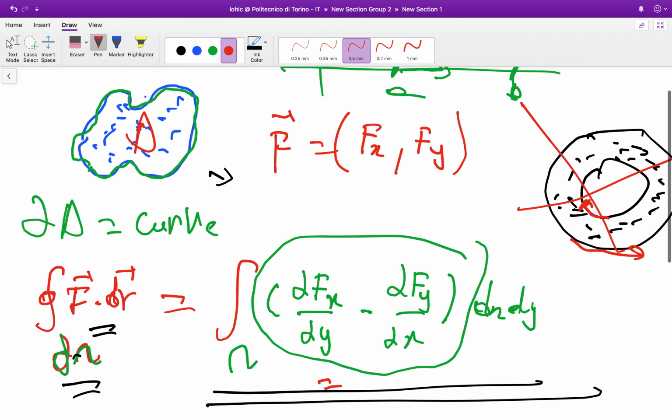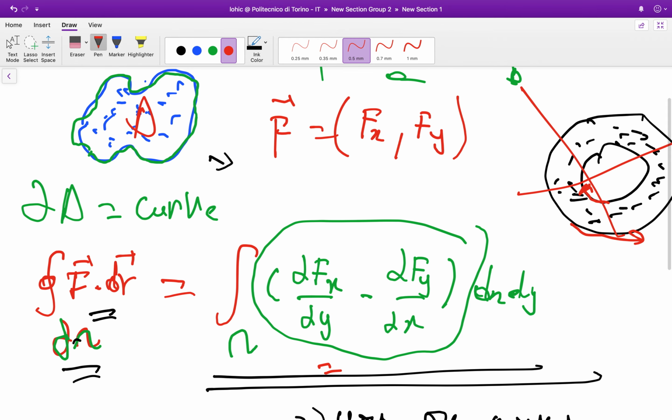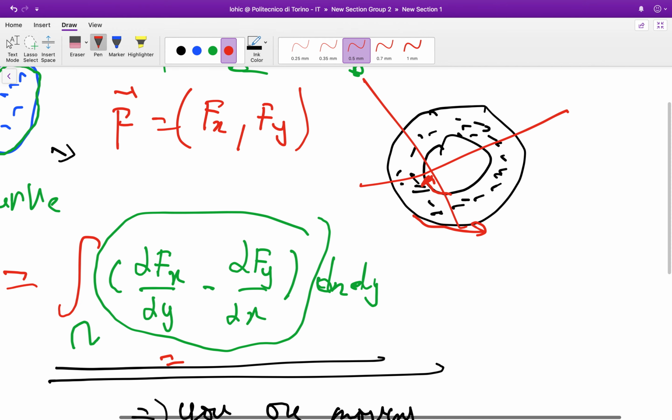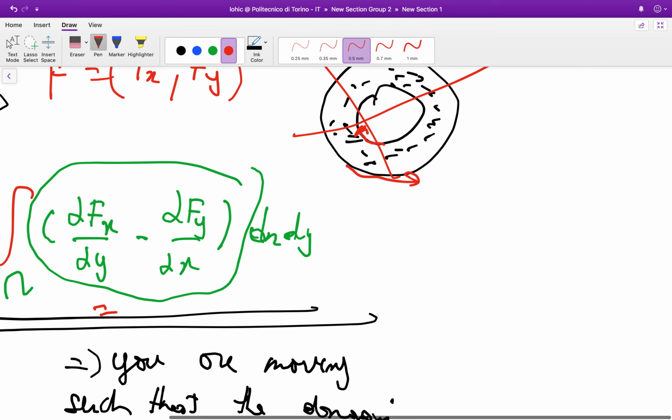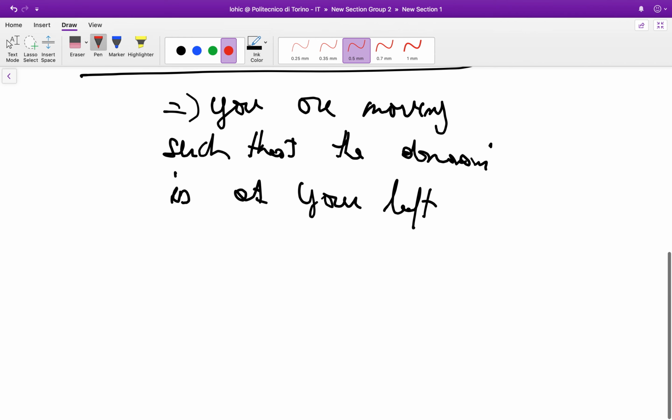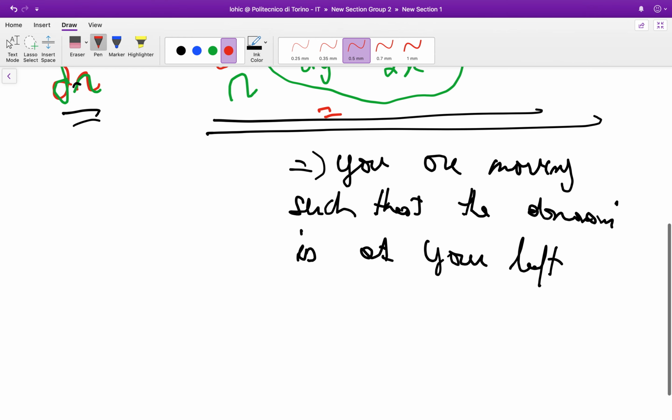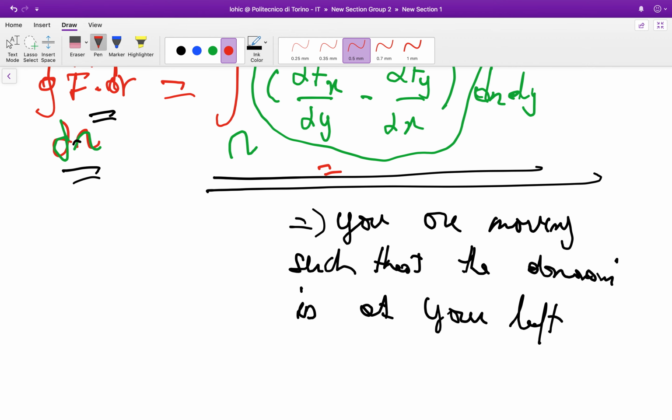That's why, if you can do it, please represent the domain before applying the Green theorem, just to make sure that there are no holes or things like this. The domain we have in this case is not so difficult to represent, but I repeat, I don't usually represent the domains because